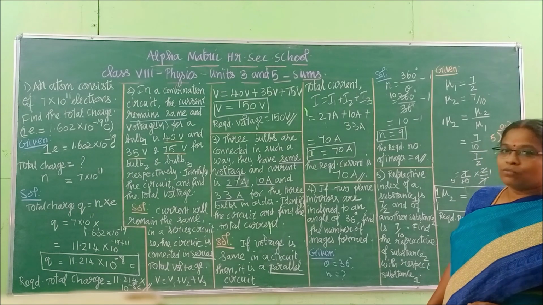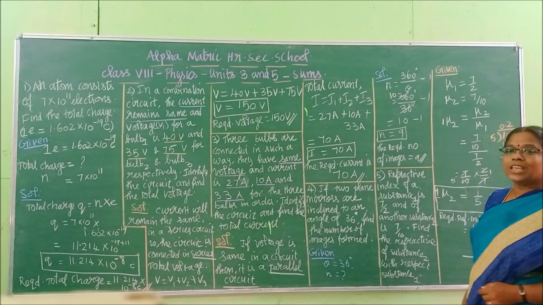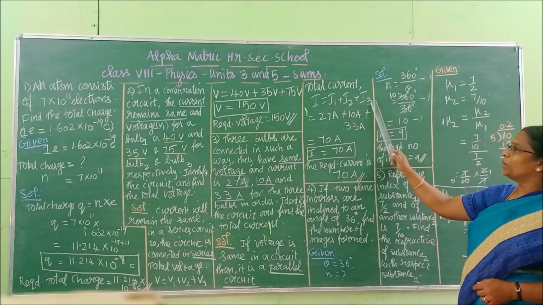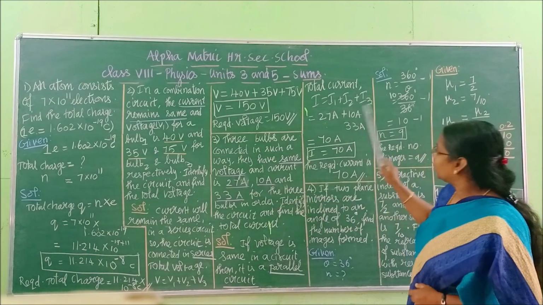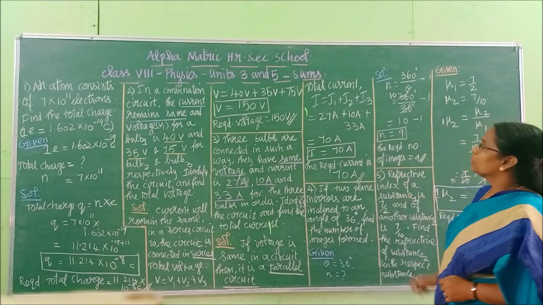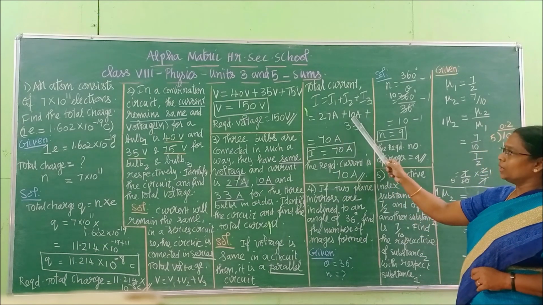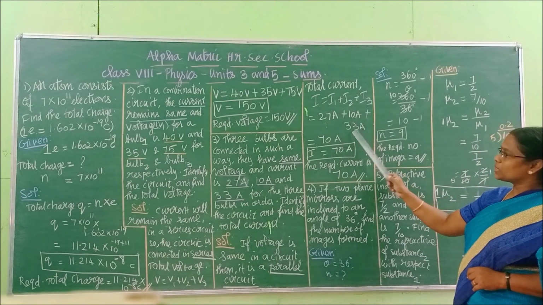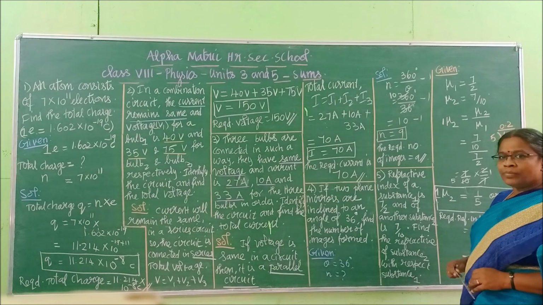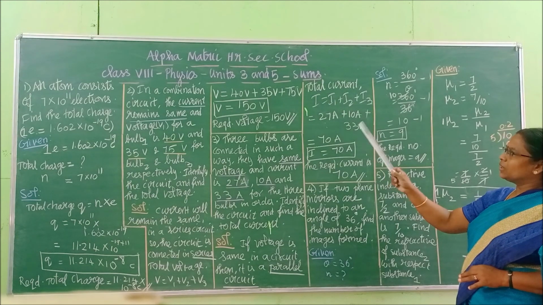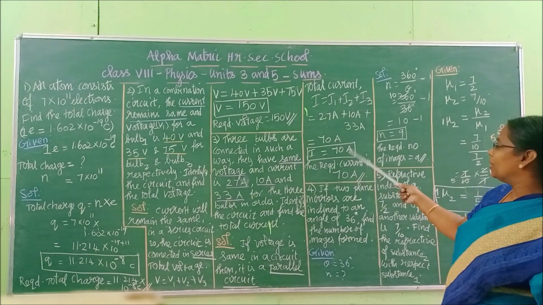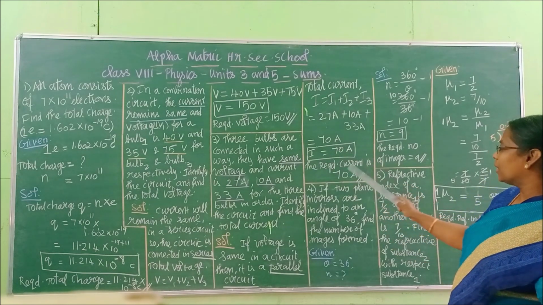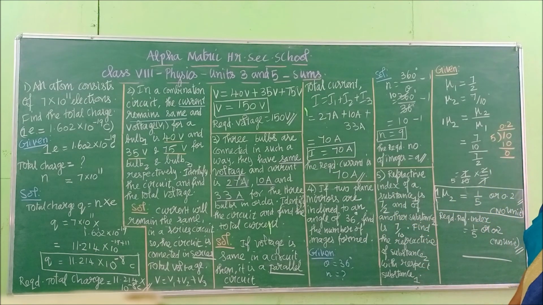Right? So what is the formula for total current for a parallel circuit? I is equal to I1 plus I2 plus I3. So substitute 27 ampere, 10 ampere, 33 ampere. So the answer is 27 plus 10 is 37, 37 plus 33 is 40, 40 plus 30 will give you 70 ampere. So current is equal to 70 ampere; the required current is 70 ampere.